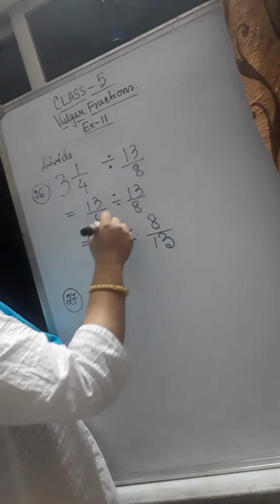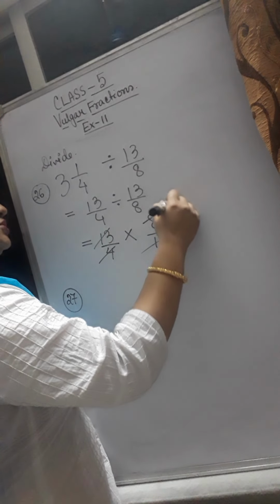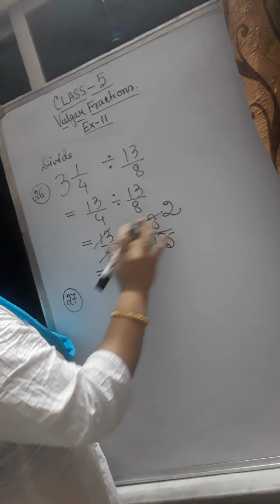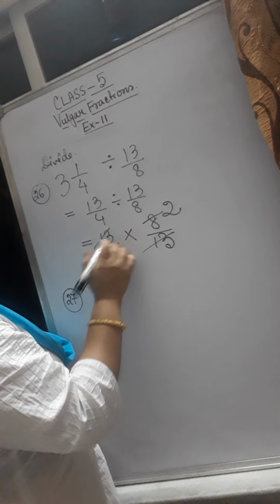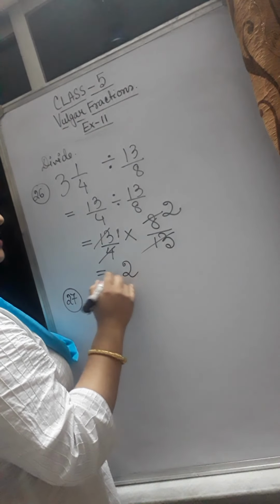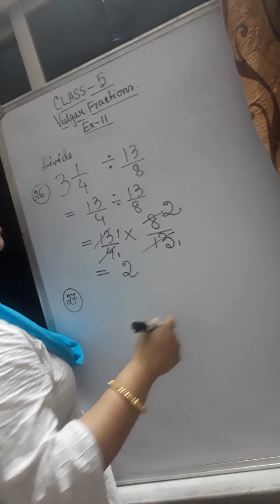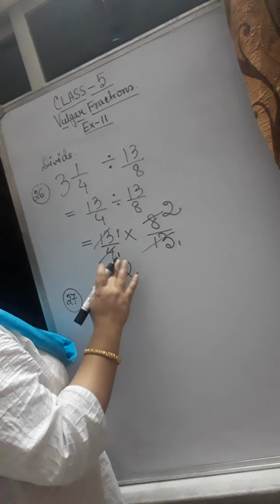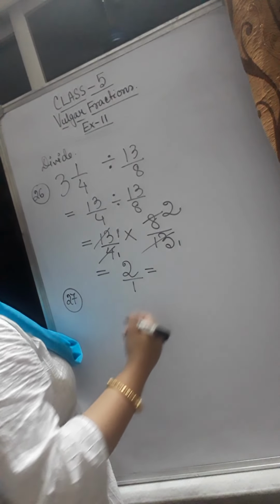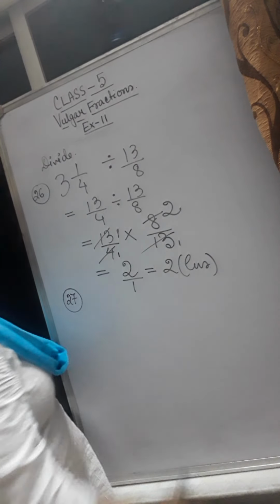Multiply means cancelling. 13 and 13 got cancelled. 4 1s are 4, 4 2s are 8. So what you are left with, on top you have only 2, because this is cancelled, which means 1 is there only. So 1 into 2 will give you back 2. Down also all the numbers are cancelled. Cancelled means you can write 1, or you need not write 1, everything is okay. But 1 into 1 gives you 1. So what is the ultimate answer? 2 by 1 means 2. So the answer will be a whole number.